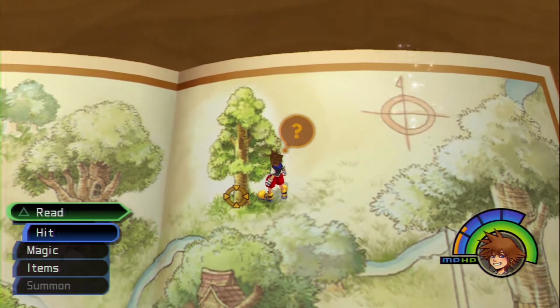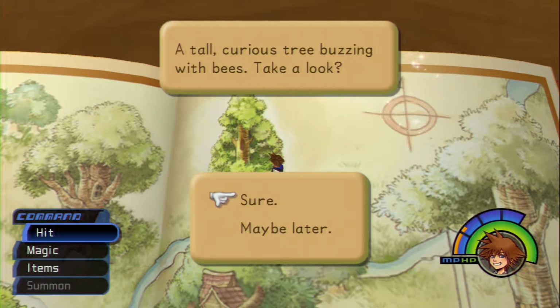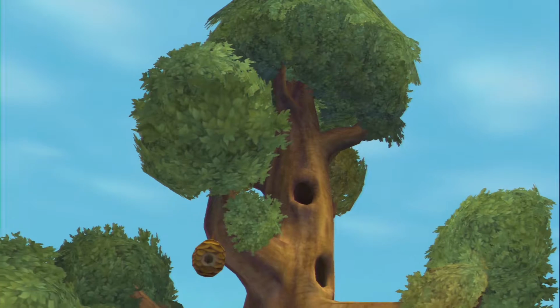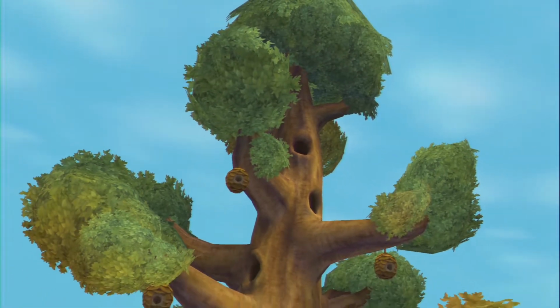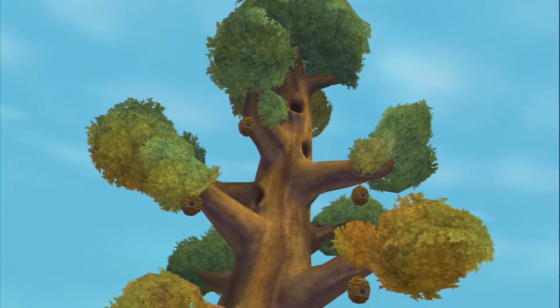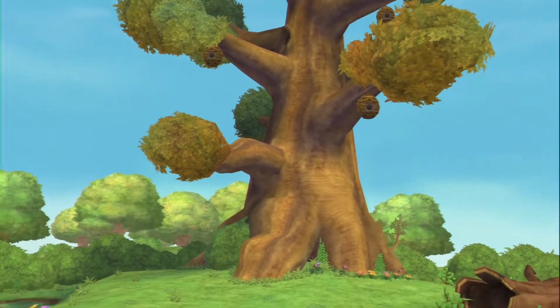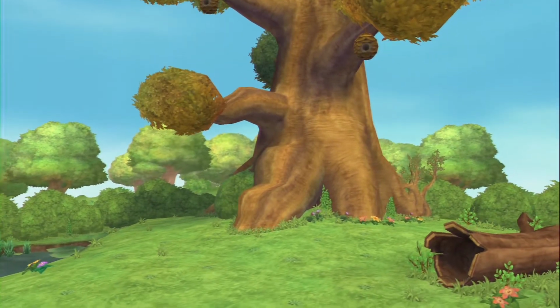So this tree's reappeared. A tall, curious tree buzzing with bees. Let's take a look. It's the honey tree. I mean, there's tons of beehives. Kind of makes sense. It's still funny how Pooh thought that the tree just walked up and left, but...